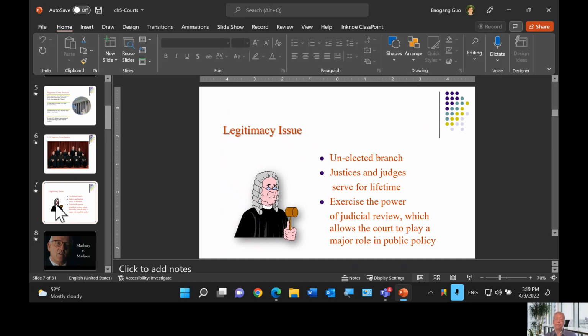Judicial review is a power of the court to examine the legality or constitutionality of any given public decision. And if the court finds those decisions to be in violation of the Constitution, then they can strike them down. So this is called judicial review.